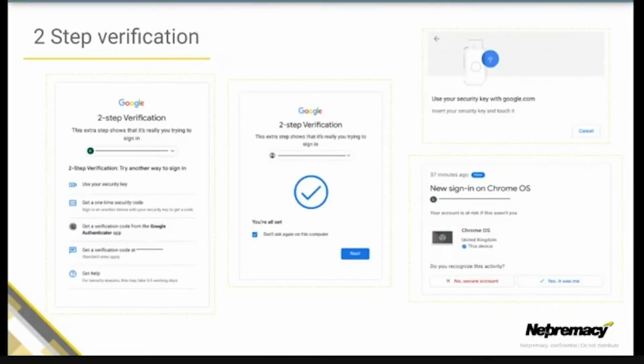Perfect. So if there's one takeaway that I'd recommend as a good starting place to protect your users, I'd say this: two-step verification. It's probably one of the most simple methods of protecting your business from what is potentially a poor user decision, which in turn serves to protect that user as much as it does your company's data. And this isn't actually the fault of the user. Not everyone's up to speed on the latest phishing attacks or what the new trend is in that area, but it's within your control to help prevent that.